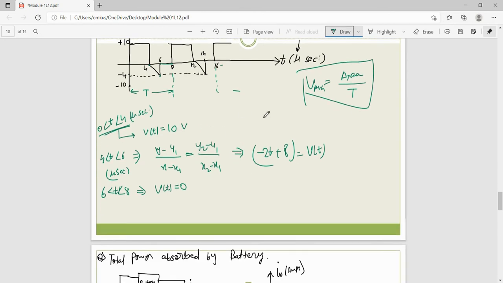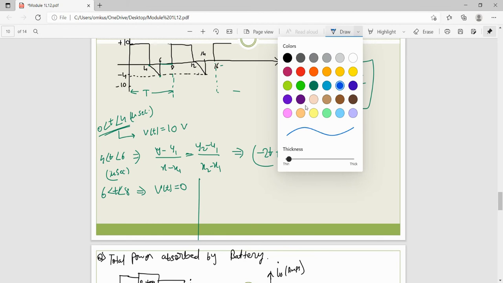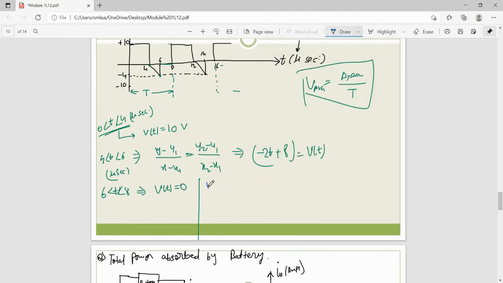What is the formula? Vrms equal to, and V average equal to. First of all, in Vrms, we need to take the square root. What is the total time period? That is 1 by T, which is 1 by 8. Integration, we break the limit. First is 0 to 4.